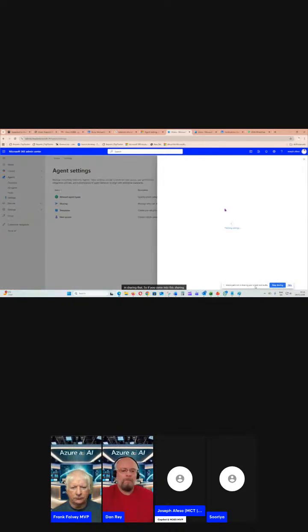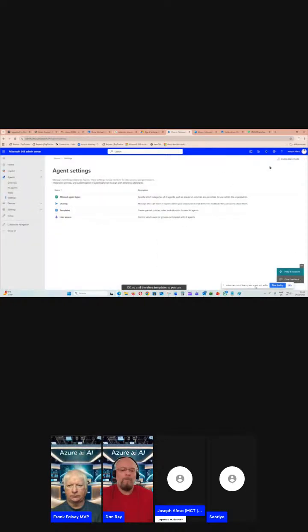If you come into the sharing part, you will see that you can manage who can share. You can decide to say, I want to allow everyone to be able to share agents, or I don't even want anyone to share agents, depending on you, or you want to specify users or groups that should be able to do that. We are still going to look at this in detail when we go down to user access. And for templates too, you can decide to create a preset policy, rules, and allowed list for